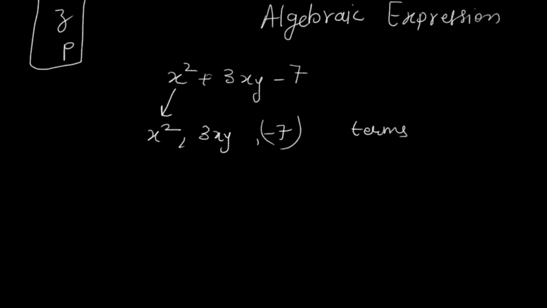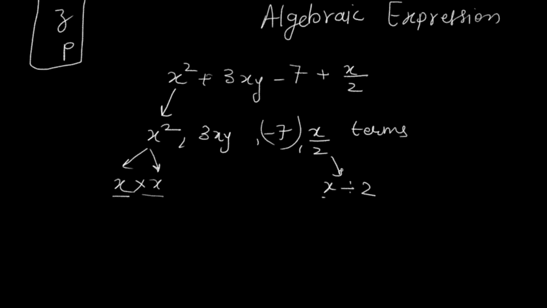Okay, now these terms also can be divided into these two factors. We call these as factors. Abhi terms mein factors are multiplied. Okay, or we can say if I have something like this x by 2, so in this case these factors are divided, right? So multiplied और divided रहते हैं factors, so उनको बोला जाता है factors.